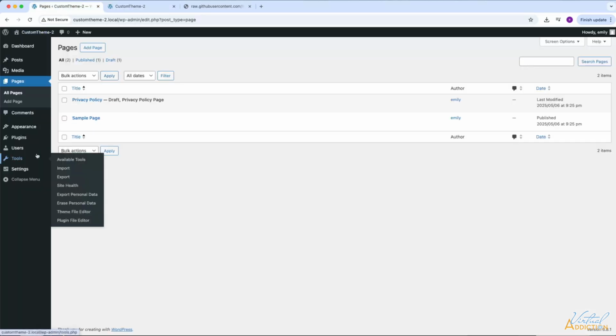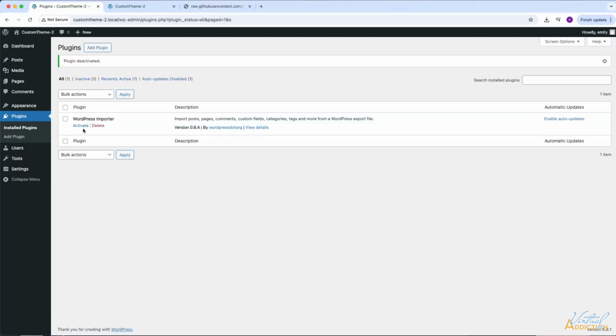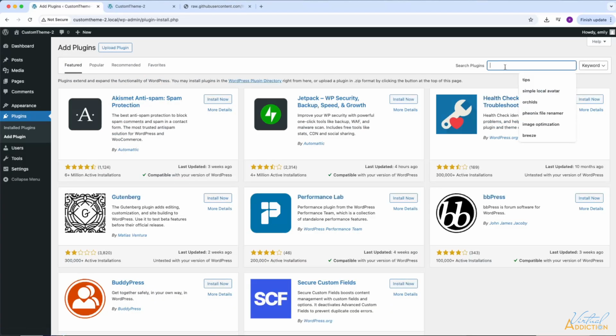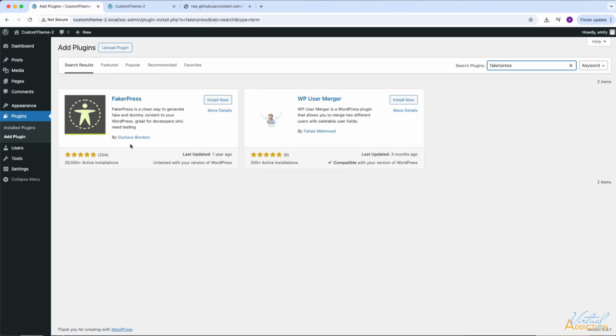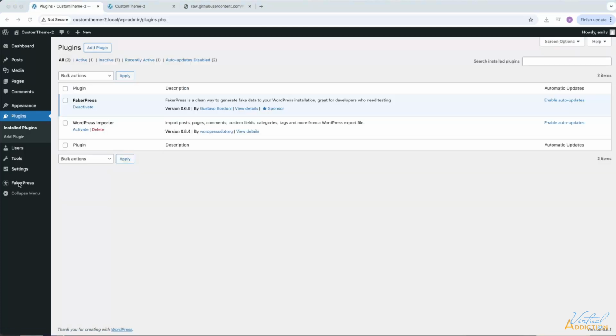Another option that you have to be up and running is to use a plugin. You can see that we have the WordPress importer plugin. This is what we installed when we used tools import, and we went ahead and installed this plugin. I'm going to deactivate this plugin for now, and I'll add a new plugin. This one's called FakerPress. This plugin will allow you to bring in dummy content. So if we go ahead and install this plugin and activate it, you can see I have a new menu